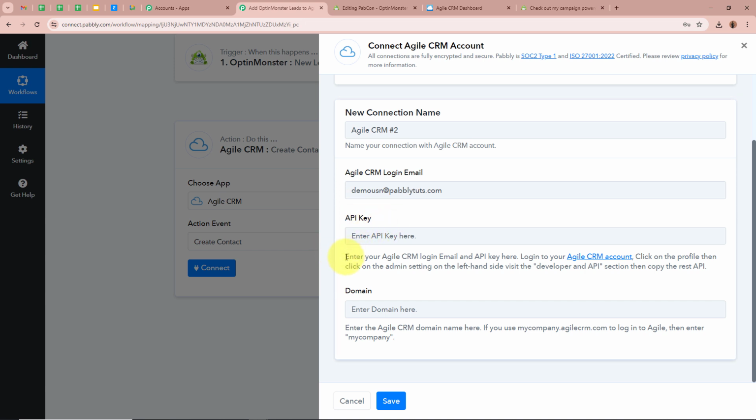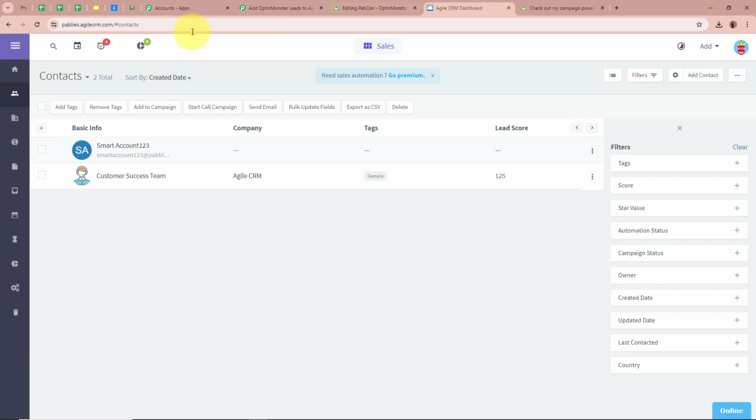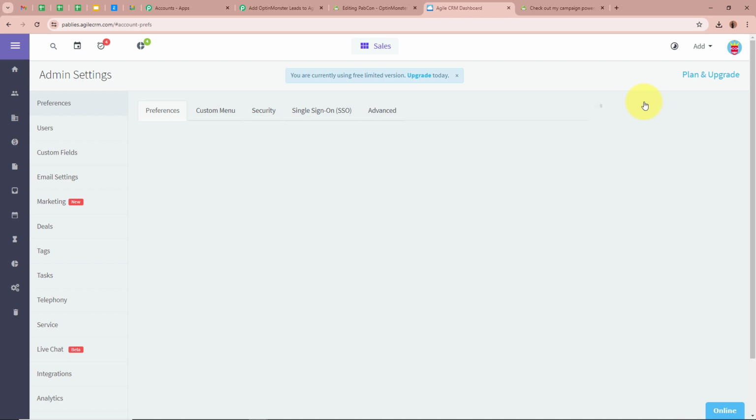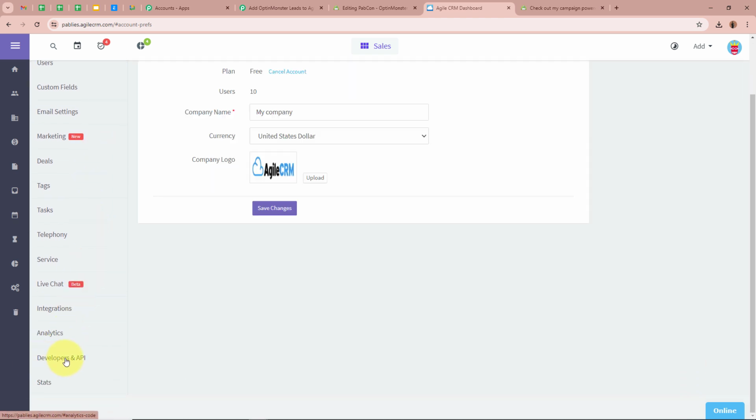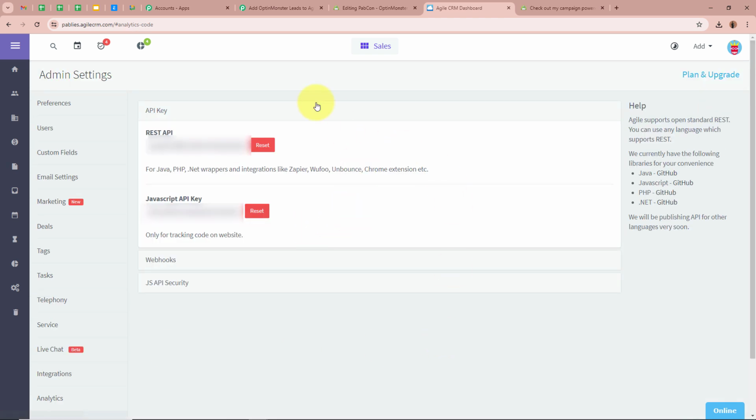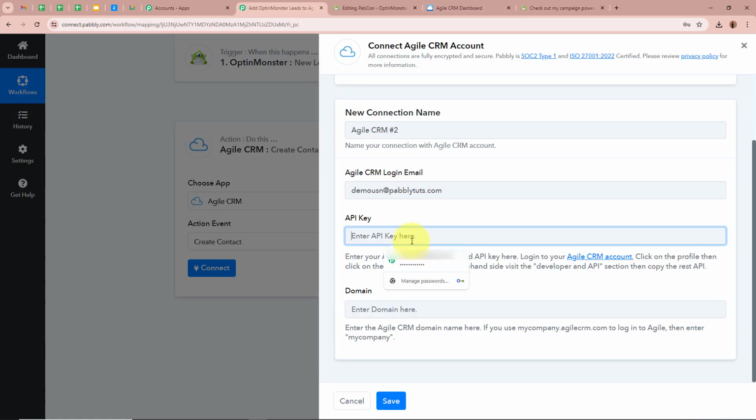For having the access of the API key, you have to follow the help desk given here below. Firstly, we need to open our Agile CRM account. As you can see, this is my Agile CRM account, and to have the access of the API key, you have to click on this profile button right over here and then on admin settings. As soon as we click on admin settings, from the left side of our panel, we have to click on developer and API. As we click on developer and API, you can see an API key is provided. I'm going to copy this key from here and paste it